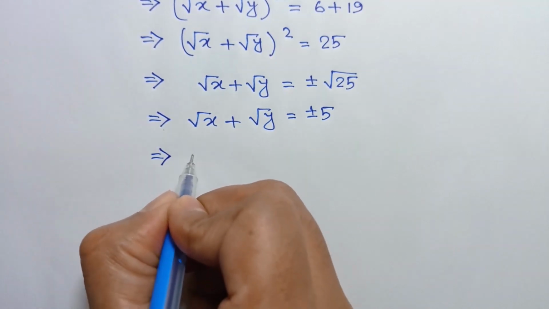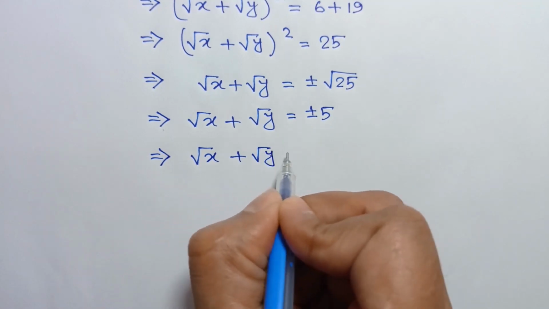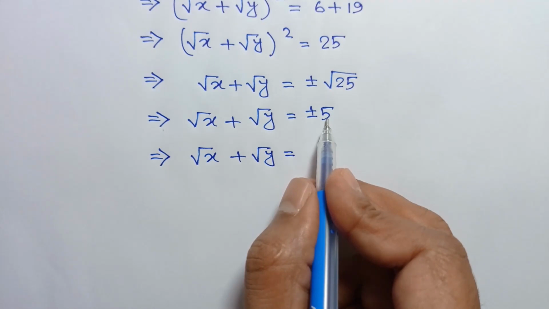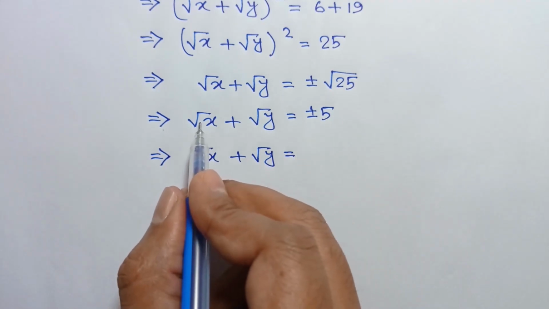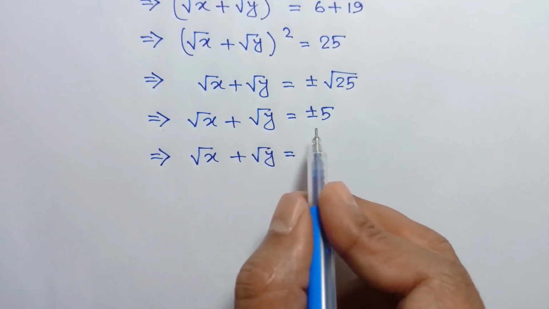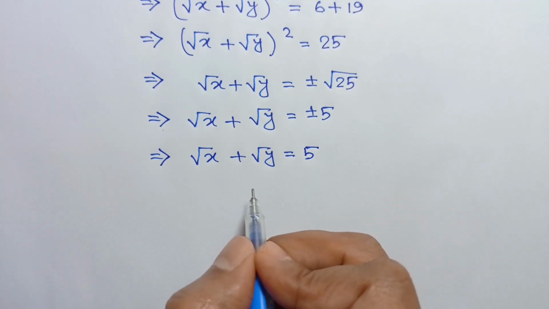This negative 5 is not valid because the sum of two square roots cannot be negative, so it will be only positive 5,